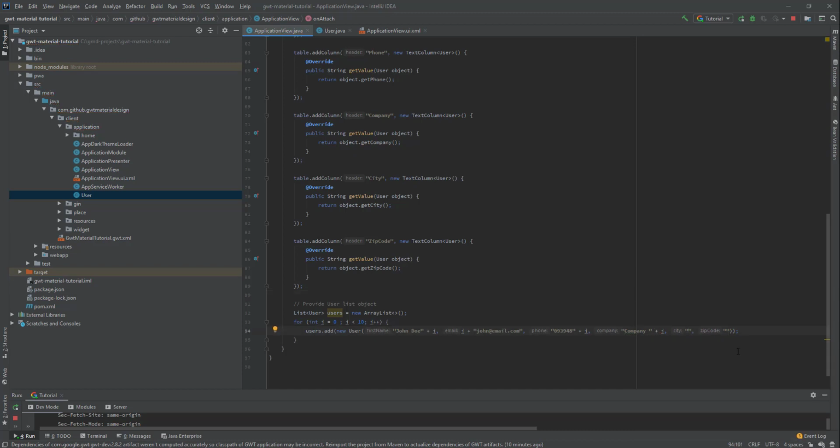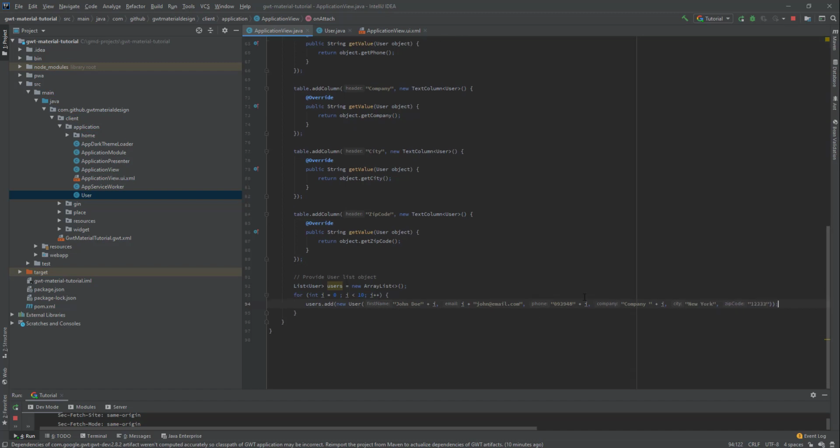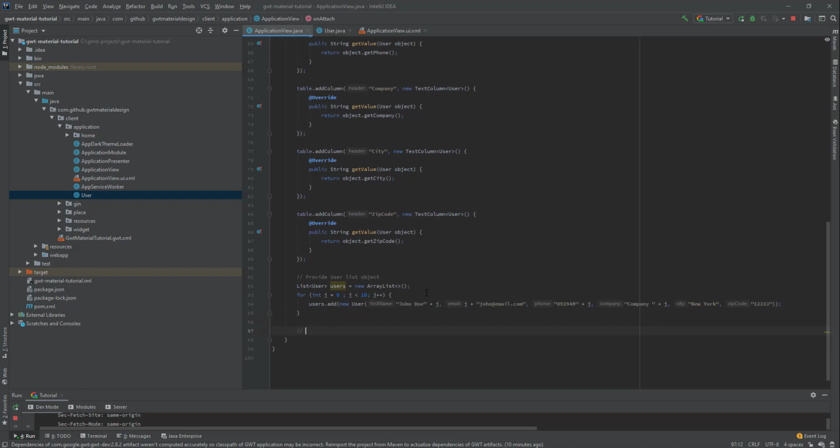Let's just make them in New York. I don't know the zip code of New York, but let's just fake it for now. And yeah, so we're just adding these fake users, and then what's next is to set it